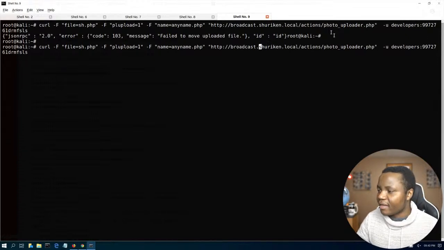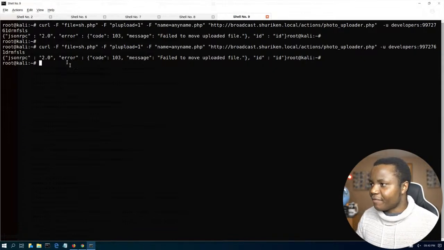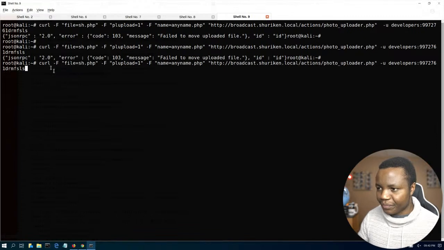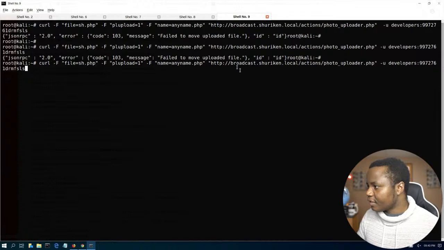Okay, I think I know why. Is it because my upload file is not correct? Let's figure out why this thing didn't run. It didn't like what it's calling ID. Maybe let's remove this space here. All right. We do have a syntax error here. Let's track it down. Curl that file. Name. Shuriken photo uploader.php. User developers. That. Do I still need the @